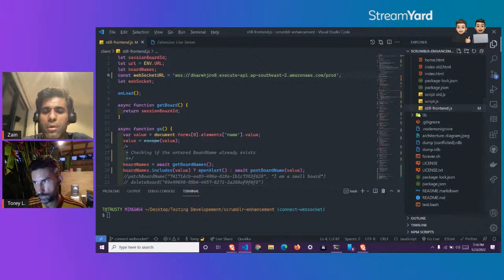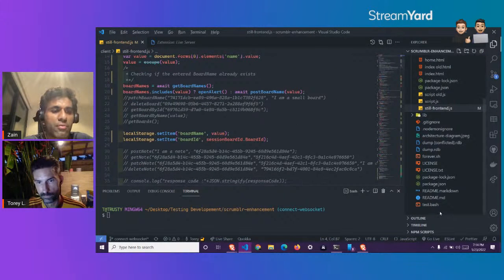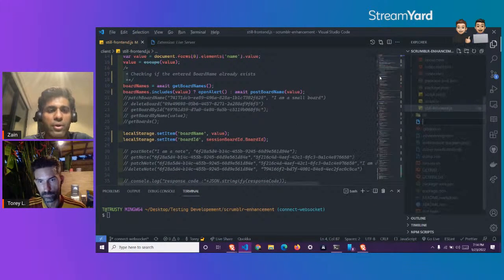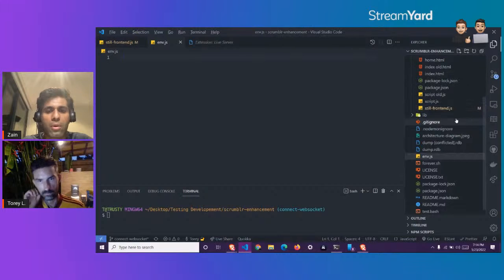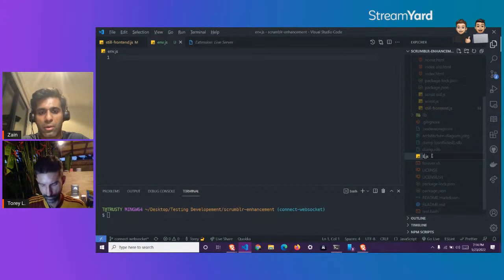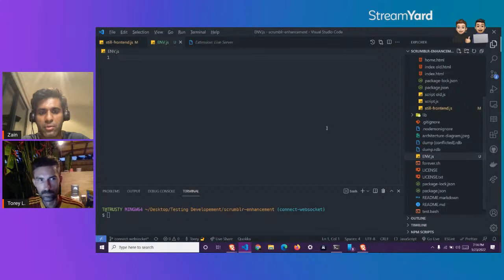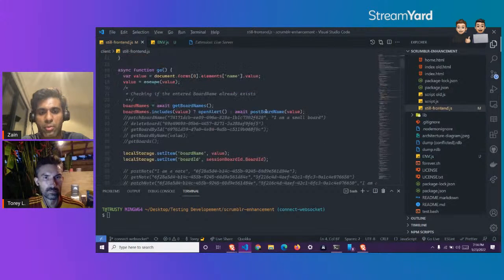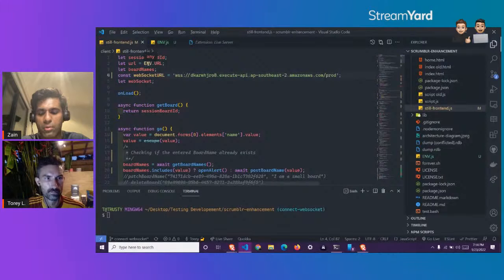Sure, and you just send me the information? Yes, I'll send you the information, and then what you can basically do is just put the URL in the environment variable. Okay.